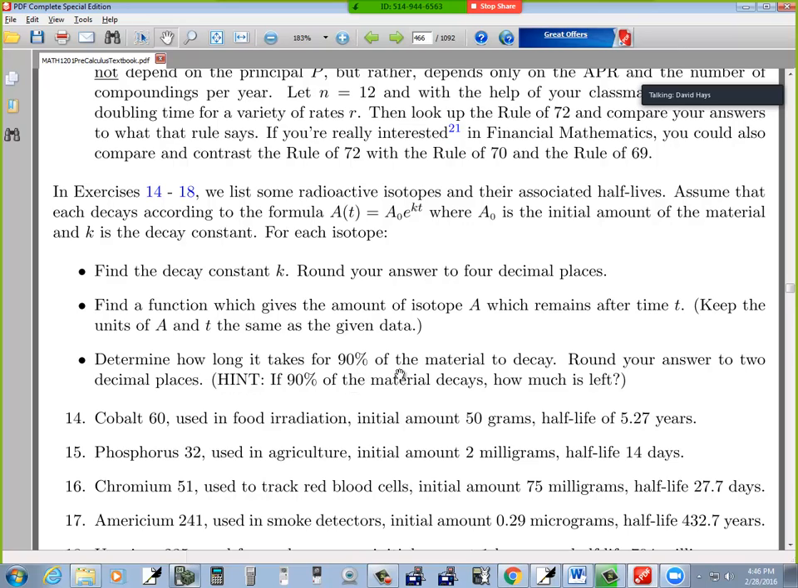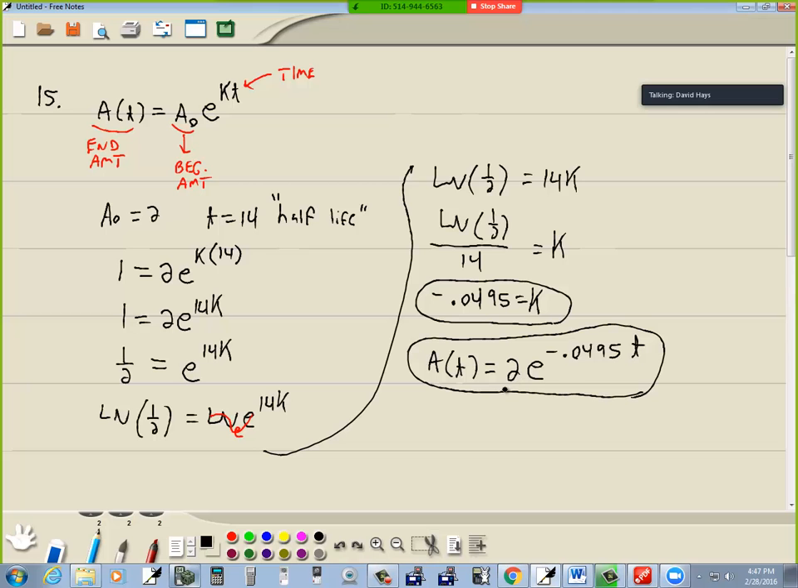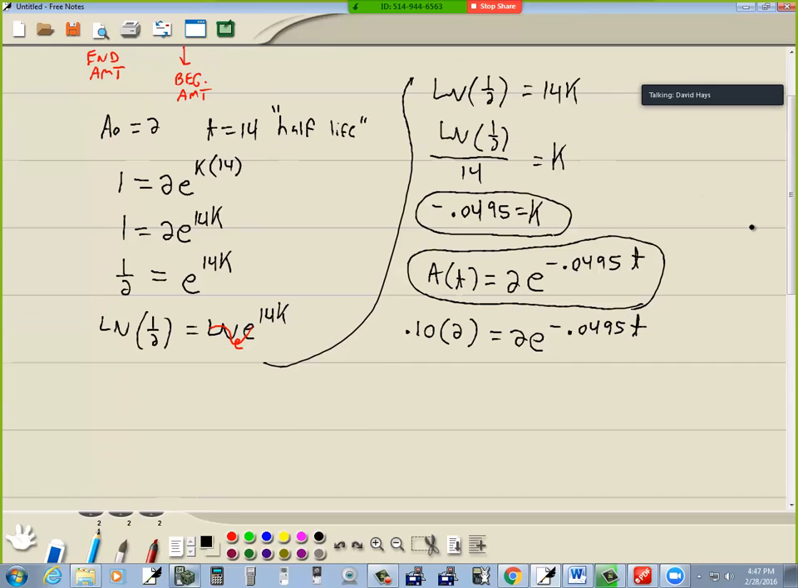And determine how long it takes for 90% of the material to decay. They give you a hint: round your answer to 2 decimal places. Hint, if 90% of the material decays, how much is left? So 10% would be left. Right, so I take 10% of the initial amount, so 10% times 2. So 10% of 2 would give us 0.2. Yes. Equals 2 e to the negative